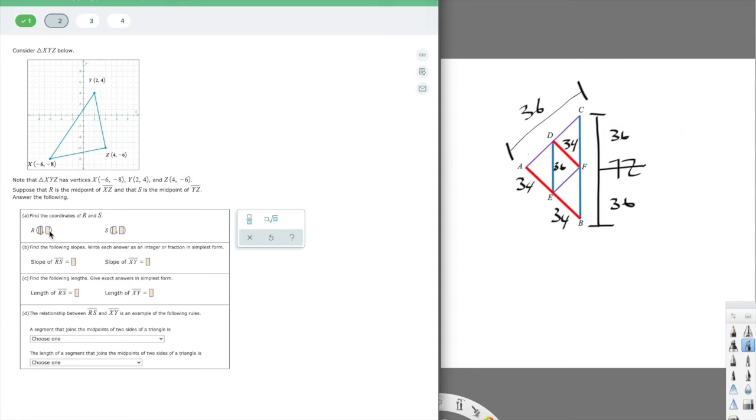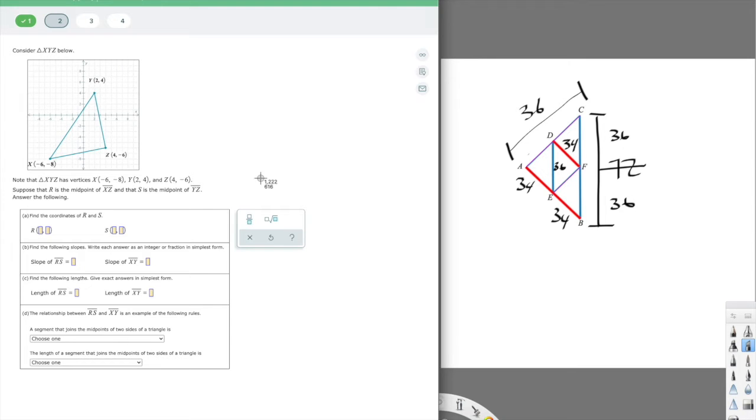So for R, they want the coordinate of R and the coordinate of S, and these are midpoints if we read this direction. So note that the triangle XYZ has vertices X, Y, and Z, and I didn't read the full vertices there, but suppose R is the midpoint of XZ, so we have XZ here,